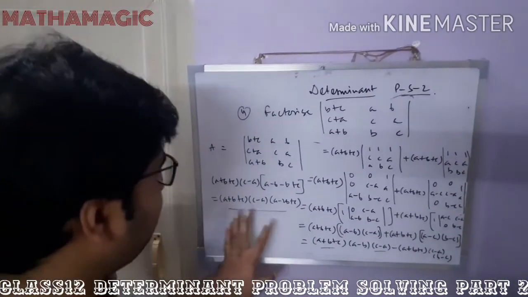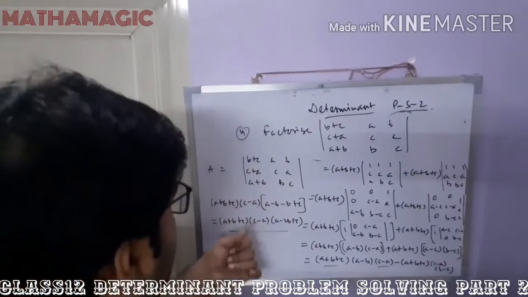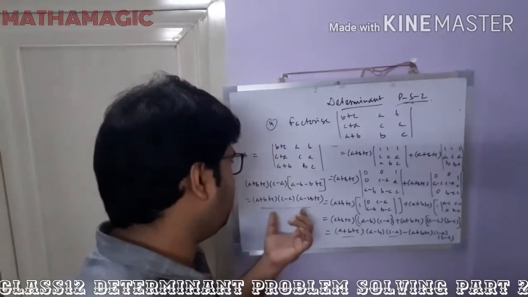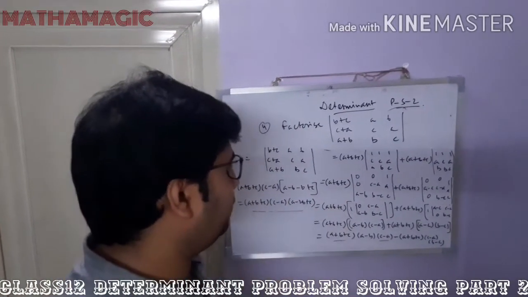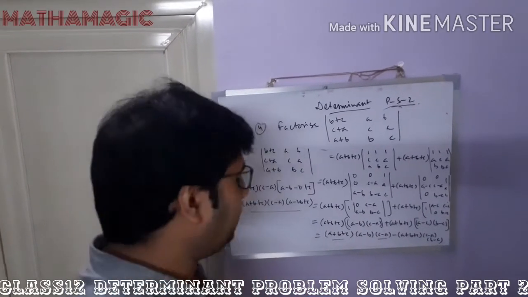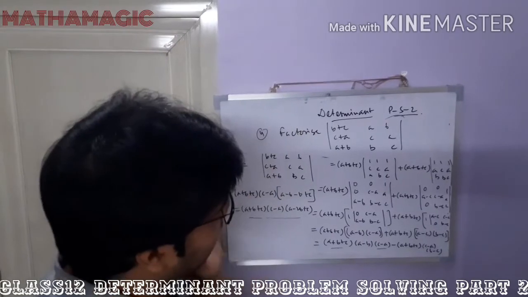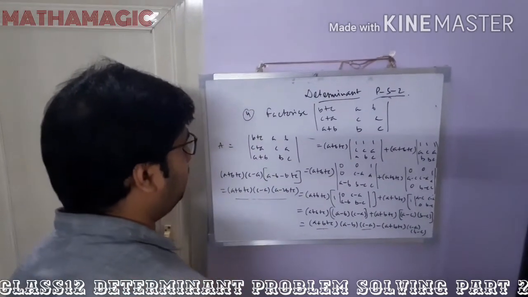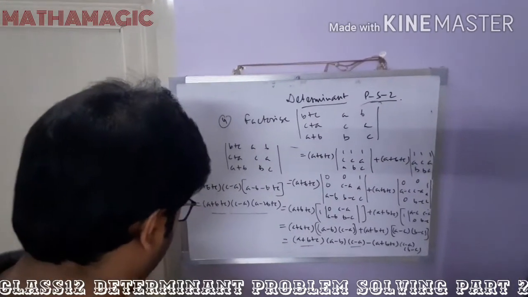Factorized format means this, the output or the result or the evaluation of this determinant has to be in this format, has to be in this multiplied format. It could be 3 factors, it could have 4 factors, it could have 2 factors, no issues with that, but it should be in this format. That is why factorization states. So please note it down, so that it will be helpful for the purpose of solving this kind of factorization problems.